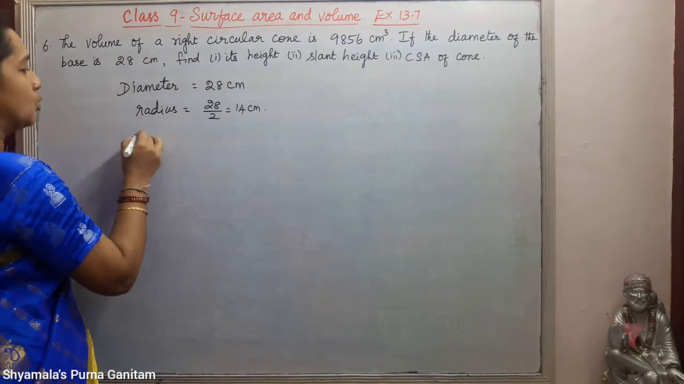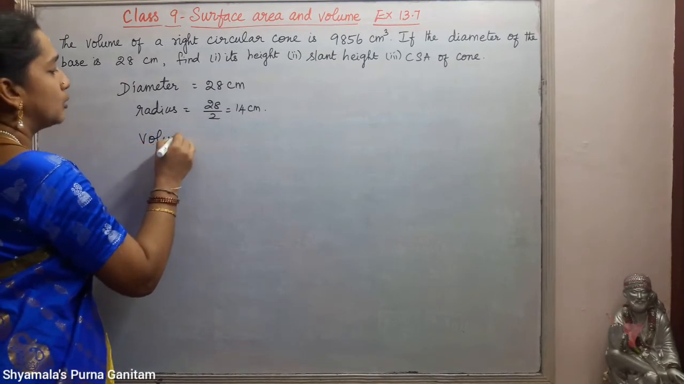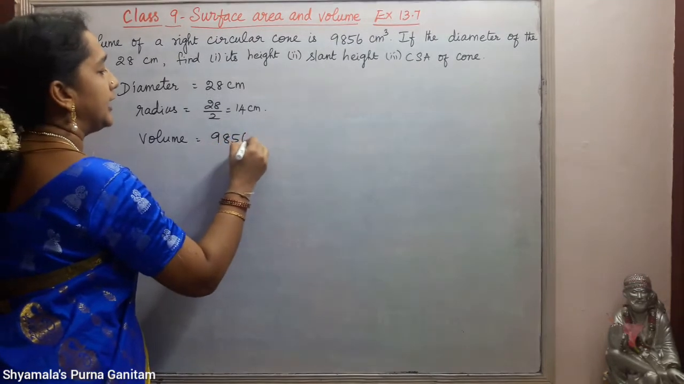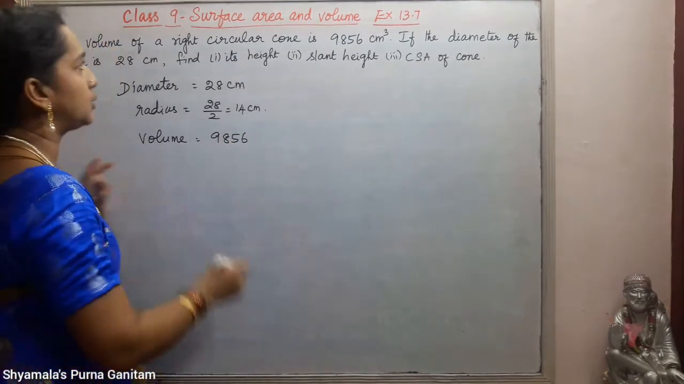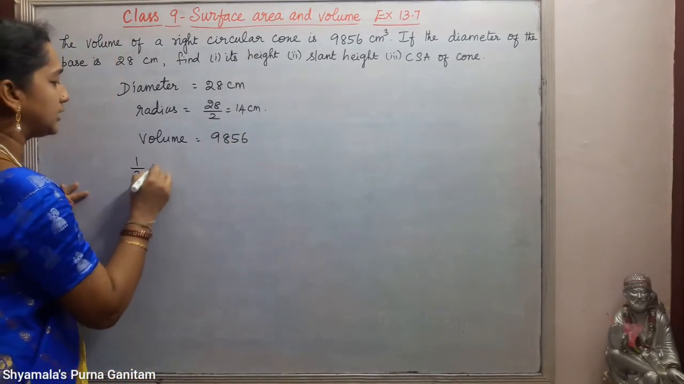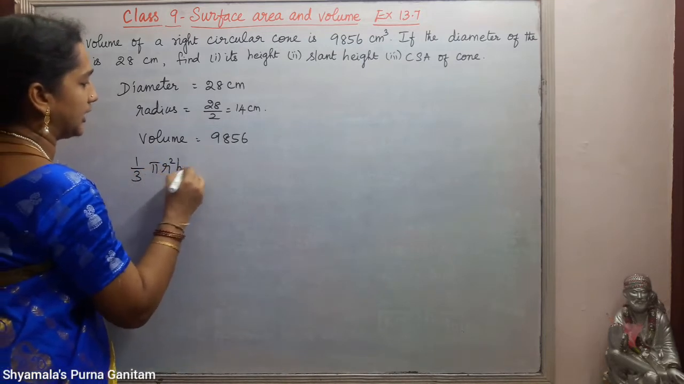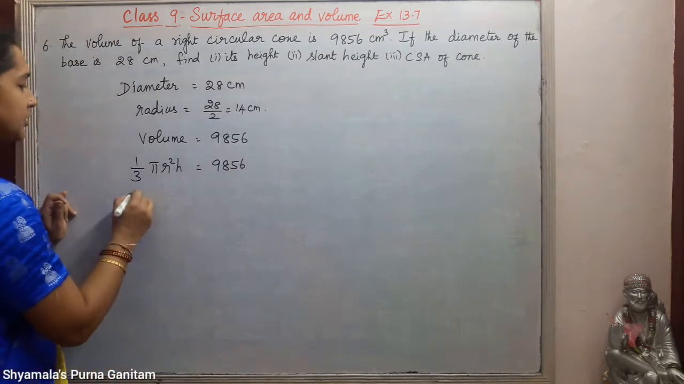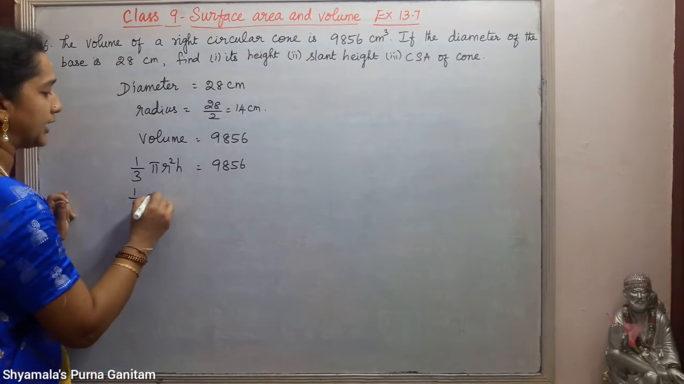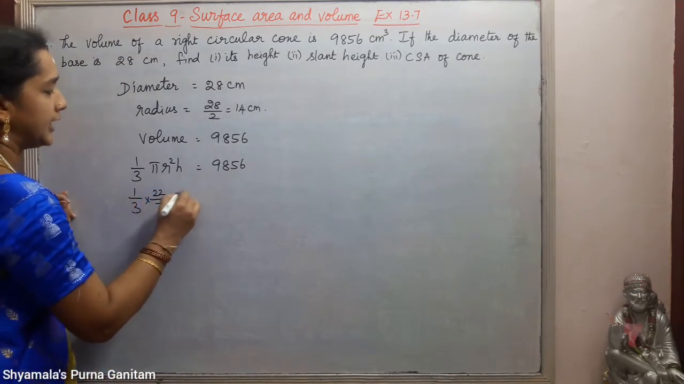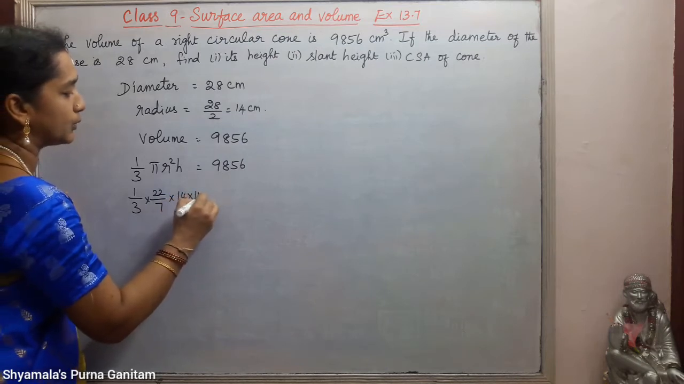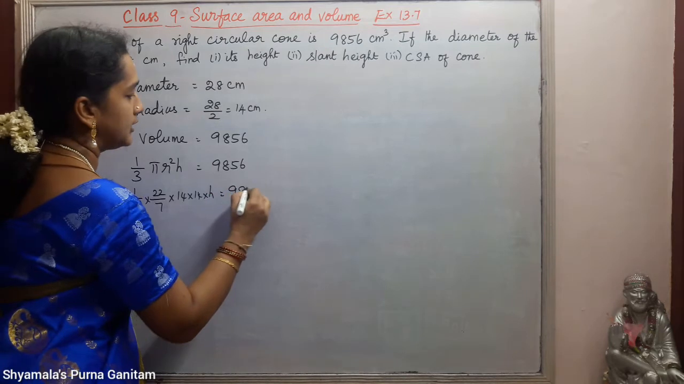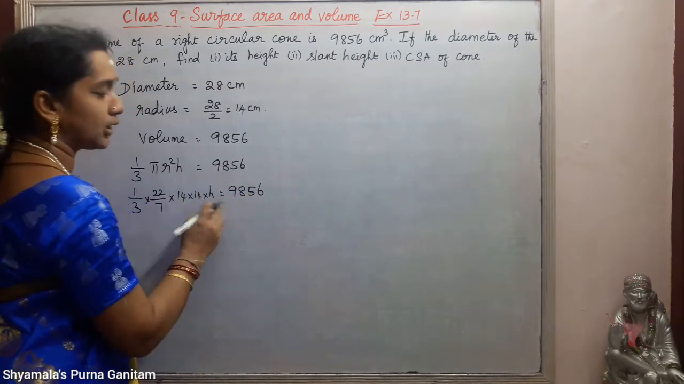Okay, the volume of the right circular cone is given as 9856. We know that the volume of the cone is 1/3 πr²h, which is equal to 9856. So this is 1/3 into π, which is 22/7, into radius 14 into 14, and the height we need to find. So h is equal to